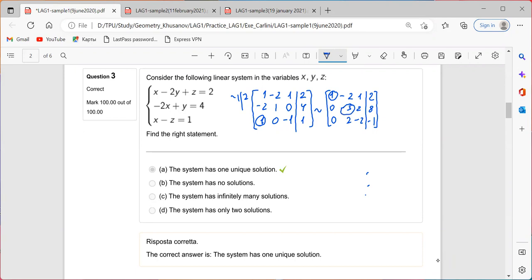And the second row and third row are not proportional. Not proportional, it means that we cannot convert the third row fully to 0. That's why